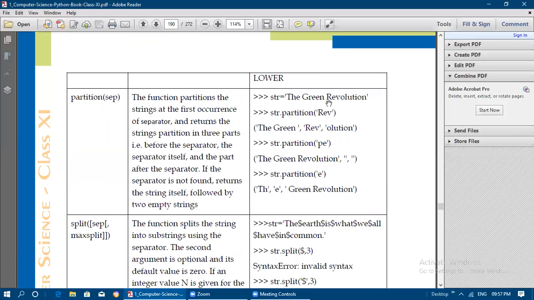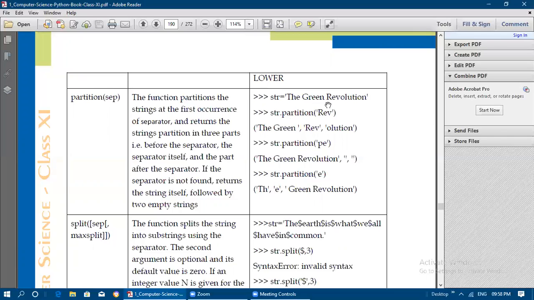That is, the first part is what is before the separator, then the separator itself, and the part after the separator. Here the separator is rev. Before rev, what is available is the green, so the green will be enclosed fully as a single string.